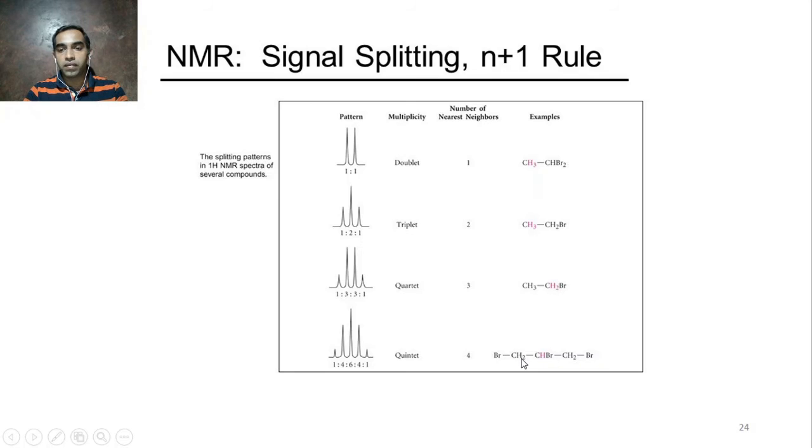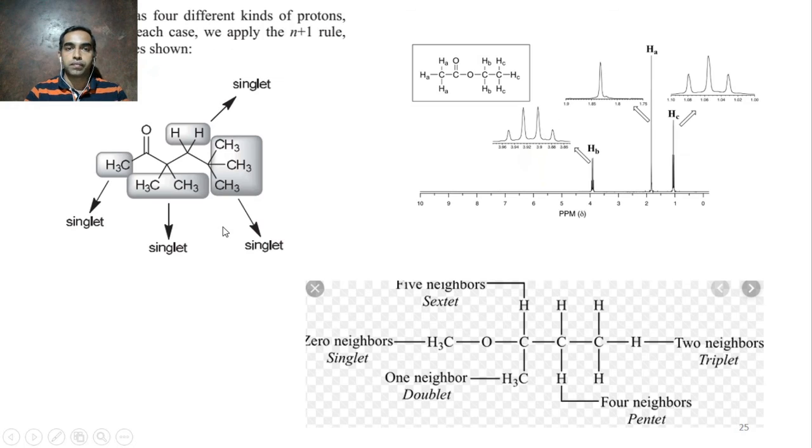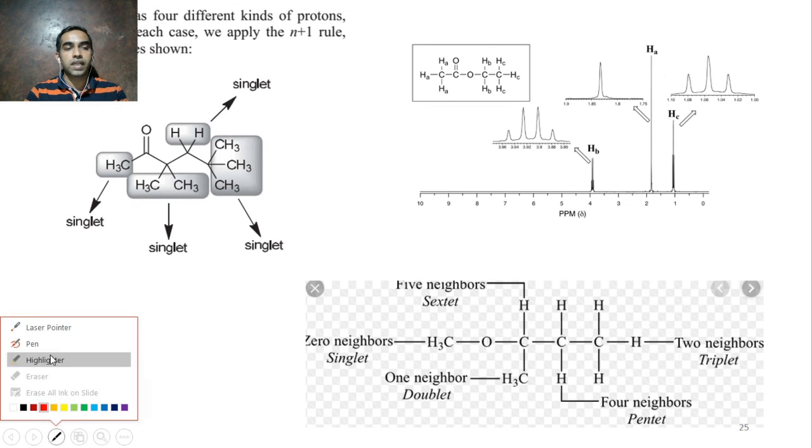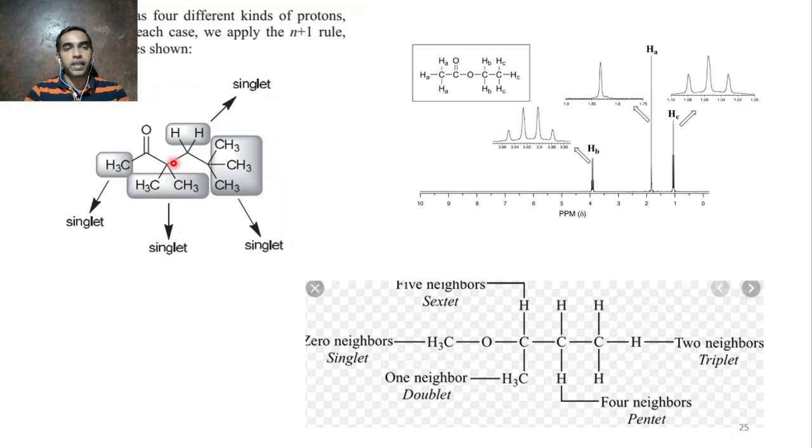And in this case, this CH2, they are equivalent. First you have to see how many non-equivalent protons there are. Only non-equivalent protons will split each other. So these two are equivalent protons, and this one is an equivalent proton. So these 4 protons together are split by this one into a doublet, and this one is split into a quintet by this. So this is in summary how the splitting appears.